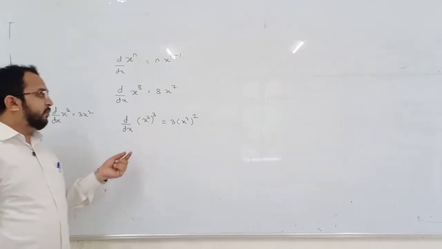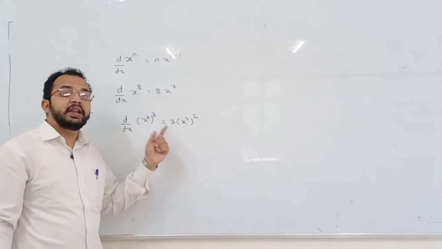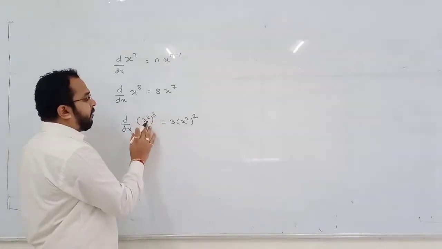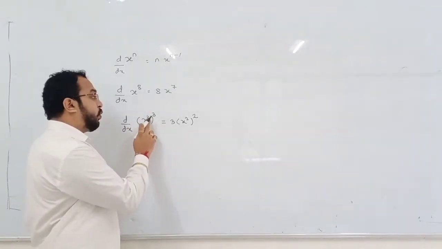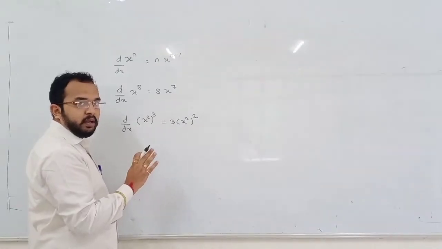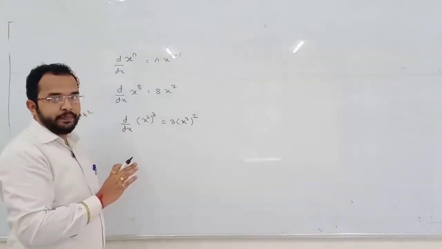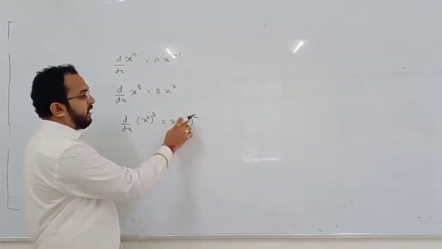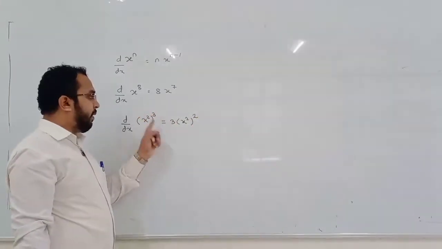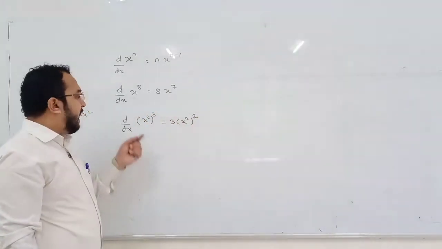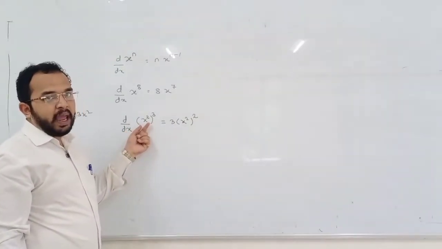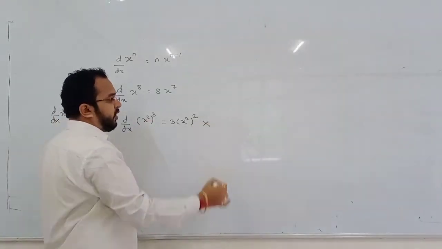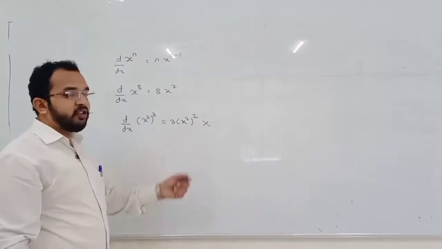So if something other than x is present then differentiate it again. Who is present in place of x? Again we applied the power rule; the power of x square is 3, right? We assumed x square as the function, took that power down, and reduced that power by 1. So take the power in the numerator and reduce the power by 1. But we assumed that x square is x, but actually it is not x. So differentiate it again in the product, and this is called chain rule.